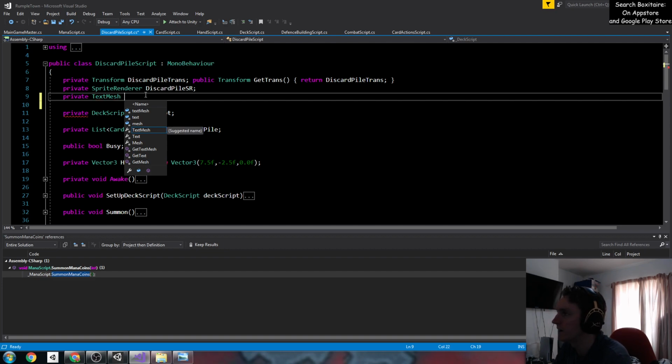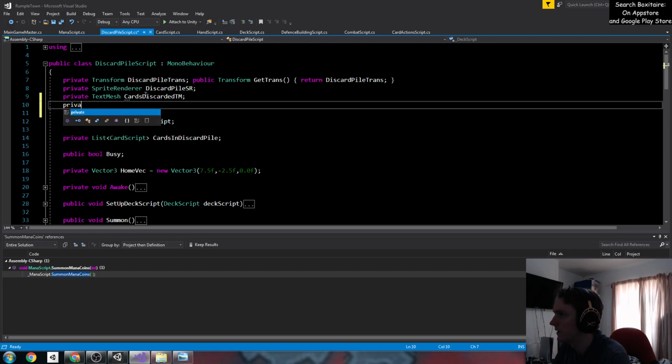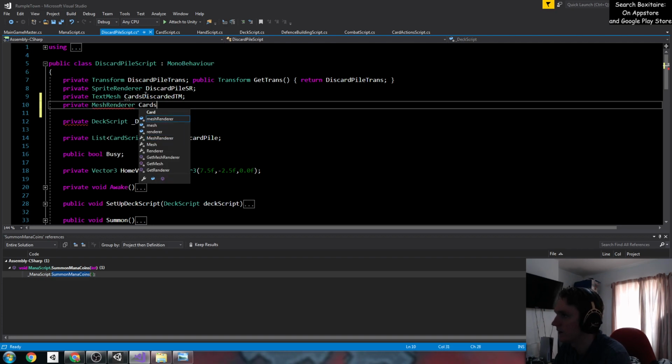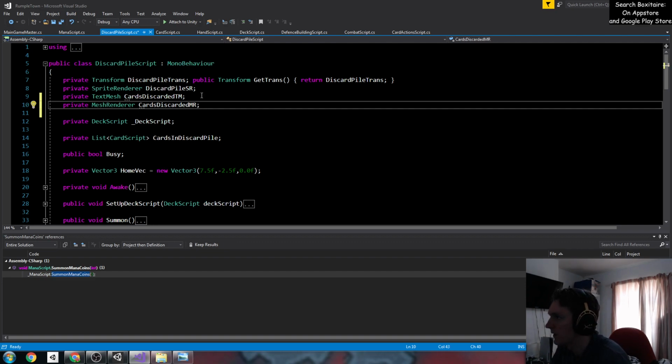Right. We'll have cards discarded TM. Yeah, and then private mesh renderer, cards discarded mesh renderer. Yeah, so